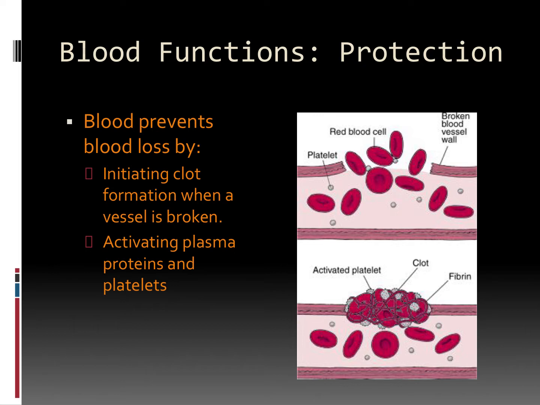Blood also functions in protection, as I said. So one of the mechanisms is more mechanical, and that is through clotting. So blood itself helps to prevent blood loss by initiating clot formation. So when there's a break in the blood vessel wall, there's a whole clotting cascade that occurs. These plasma proteins come in, they make fibers, fibrin fibers. The platelets stick, and you get a mechanical barrier